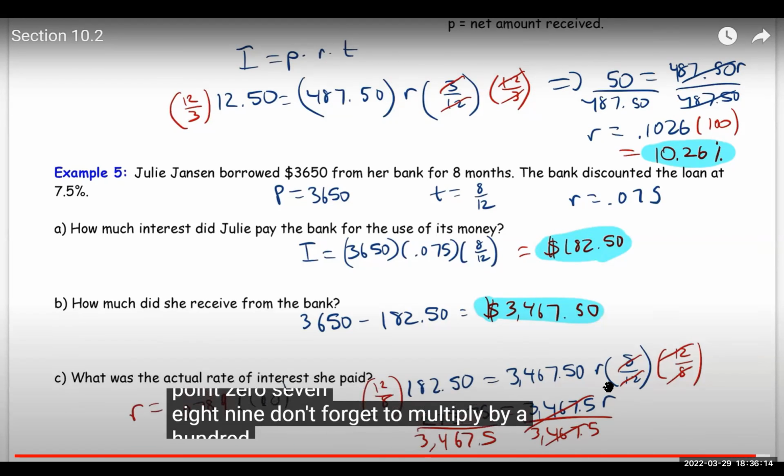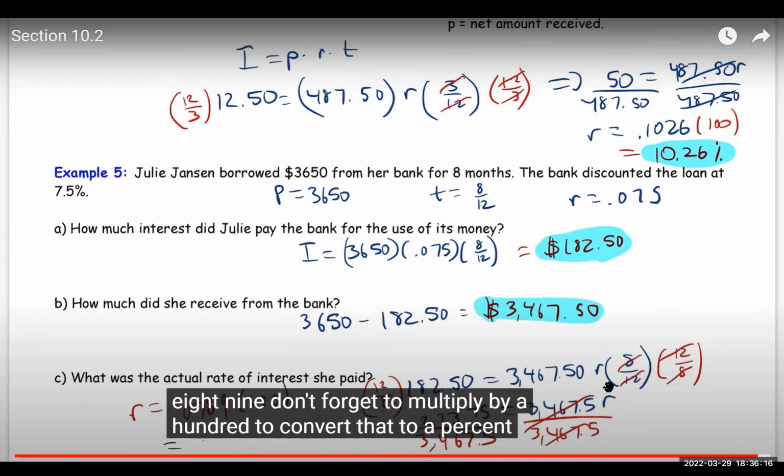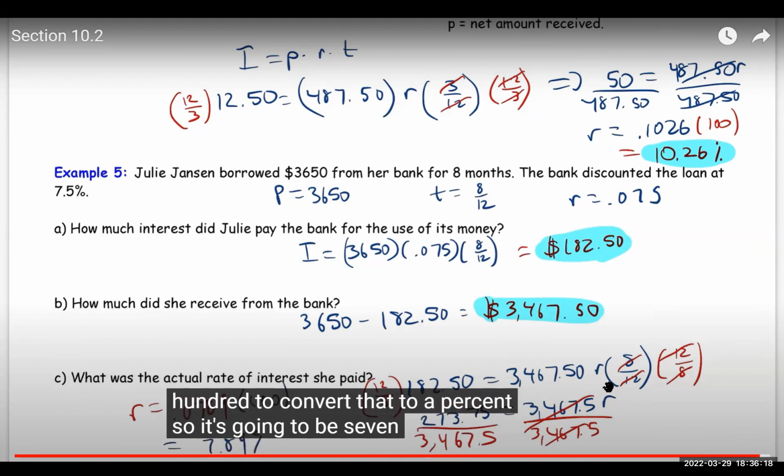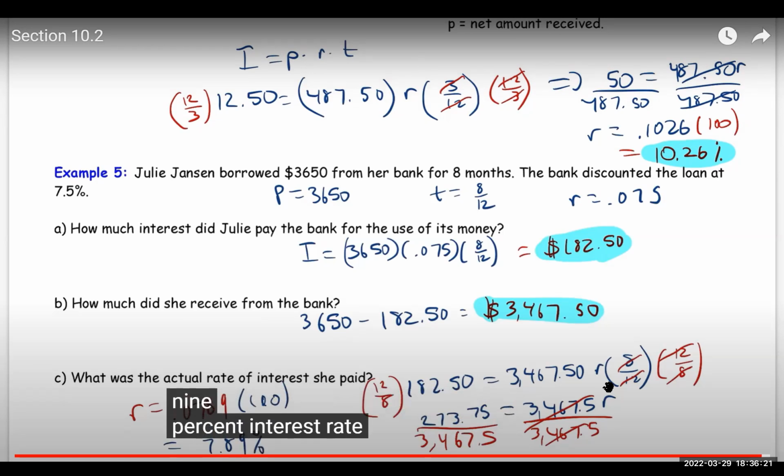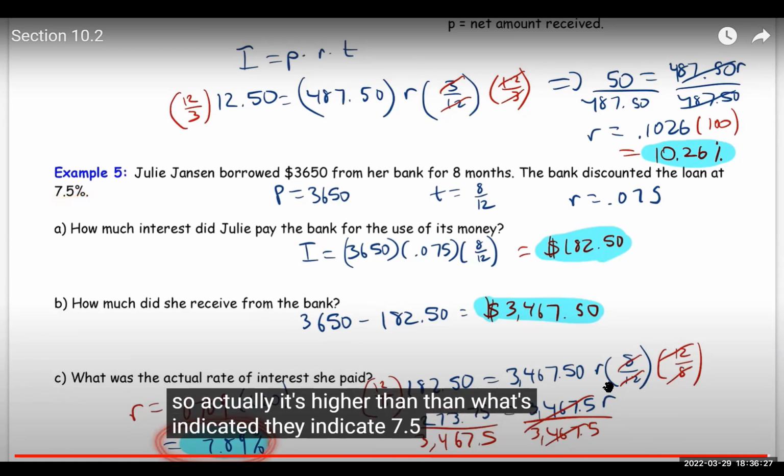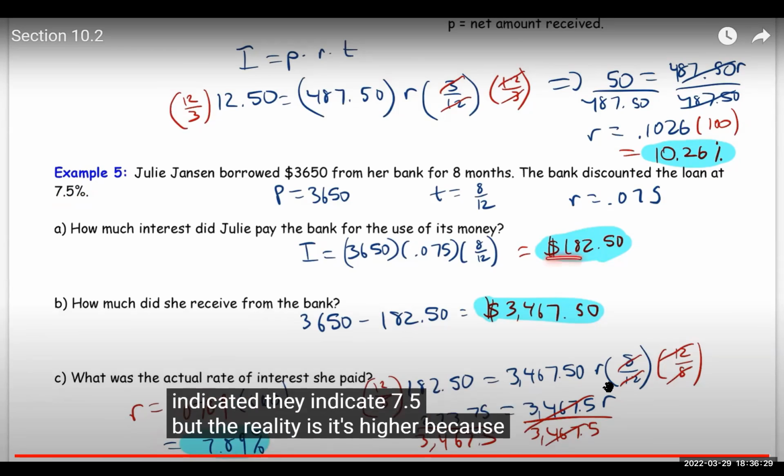Don't forget to multiply by 100 to convert that to a percent. So it's going to be 7.89% interest rate. So actually it's higher than what's indicated. They indicate 7.5, but in reality it's higher because you're paying